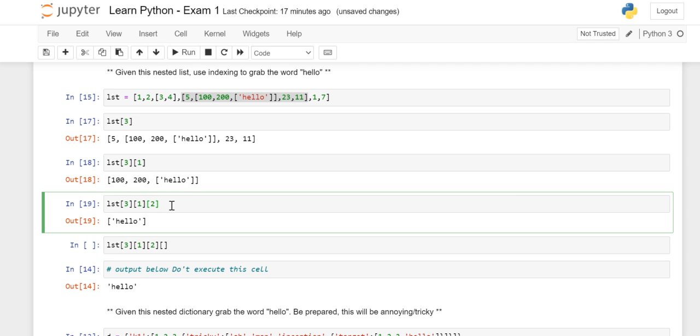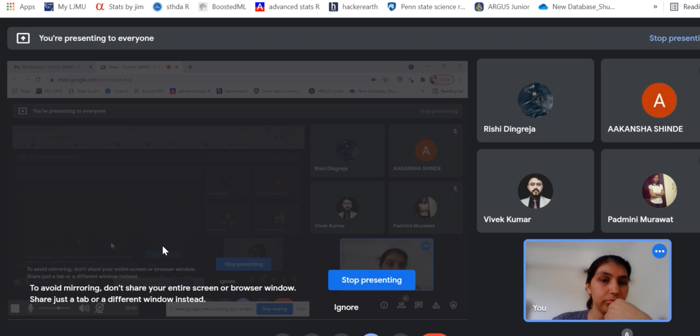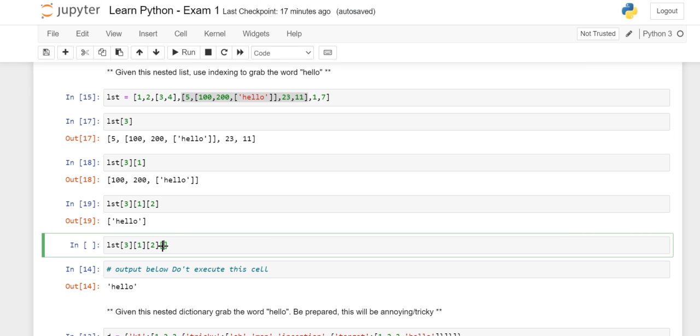Take a minute everyone and let me know what should be the last index value here. It will be 0, right? 0. Yes.